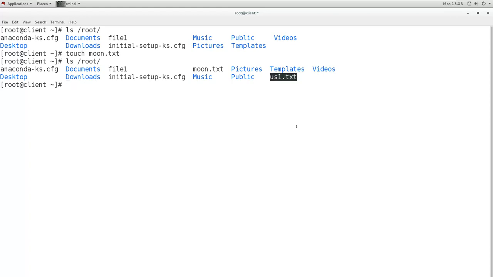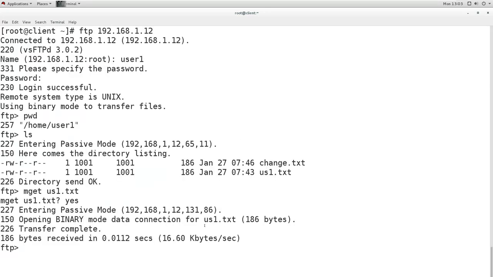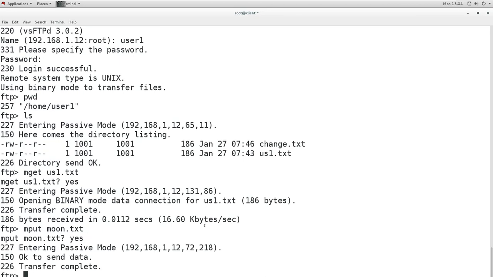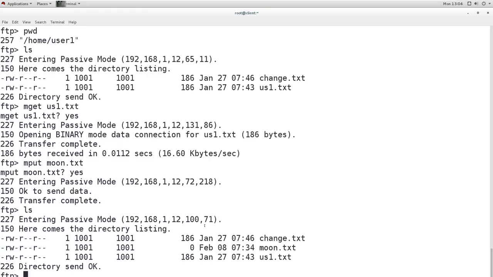Now I will try to upload this file. Remember, this is user 1. So I will give the command mput, and then the file name. Are you sure? Yes. And it can upload. Transfer completed. So where does the file go? To the server. When I list here, I can see the file, and the file goes to the server.